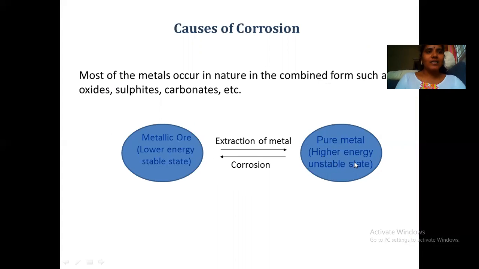But something that is unstable can't exist for a long time. It tries to convert into its stable, low energy form, and that conversion of a pure metal into its stable salt form is called corrosion. The salt can be anything: oxides, carbonates, sulfates. It just converts into the respective salt form depending on the environment with which it is associated. That conversion of the metal's unstable form to the metal salt's stable form is known chemically as corrosion. The cause of corrosion is the metal's instability.